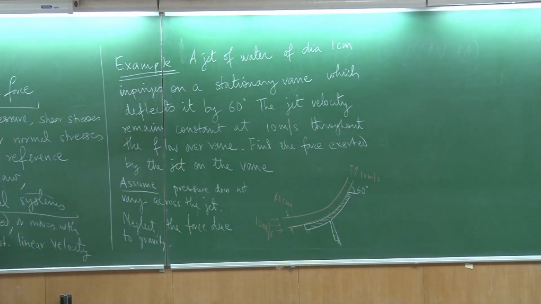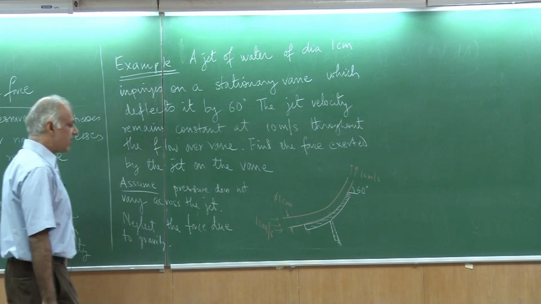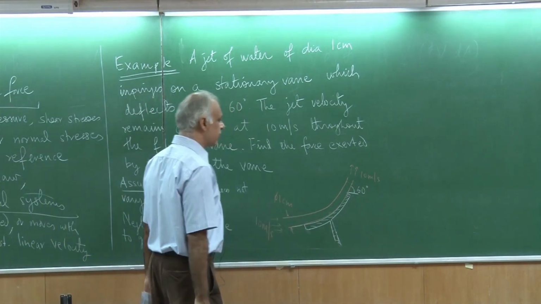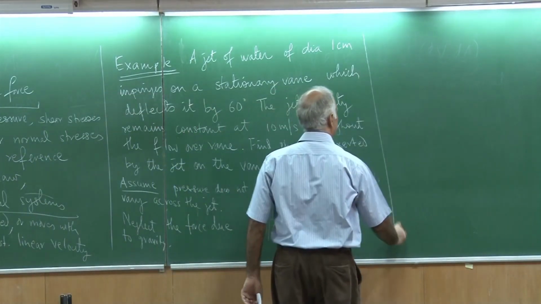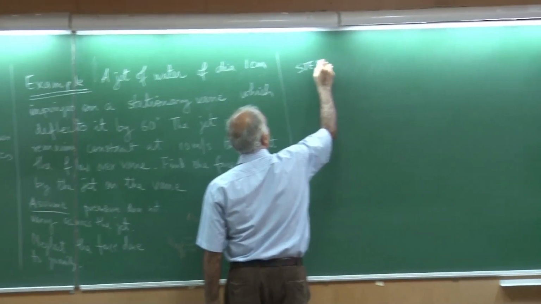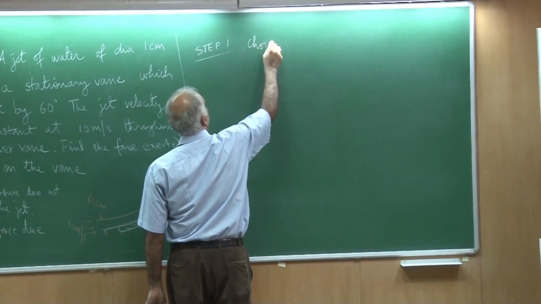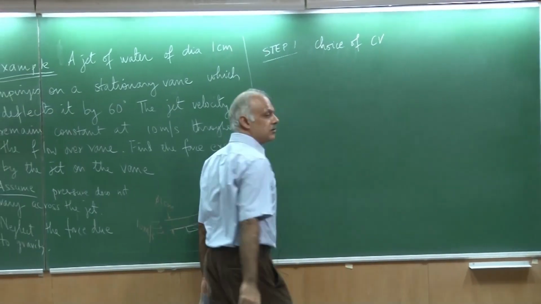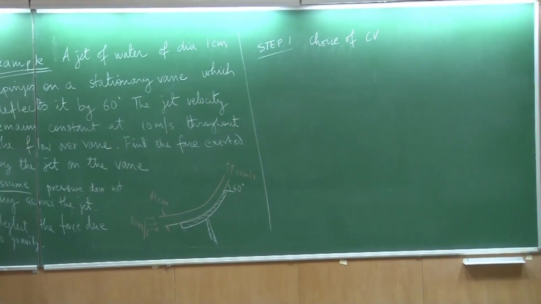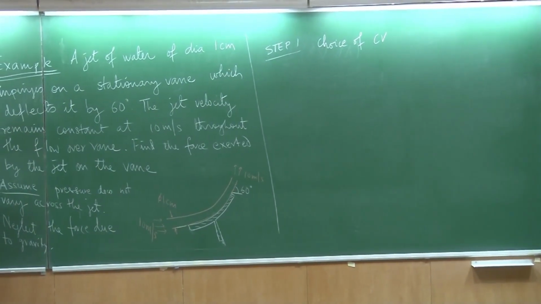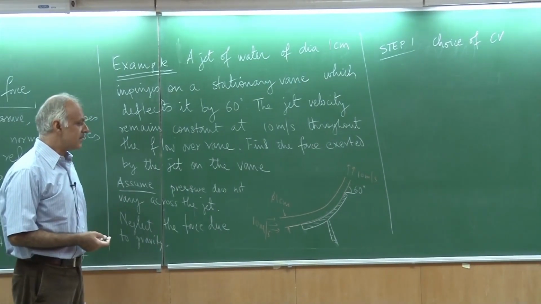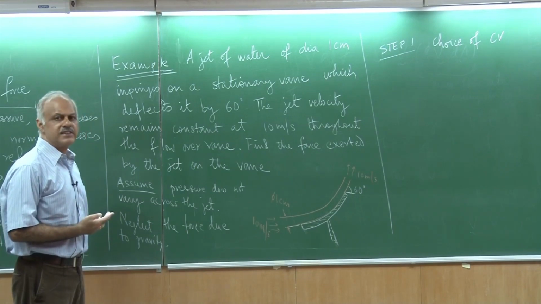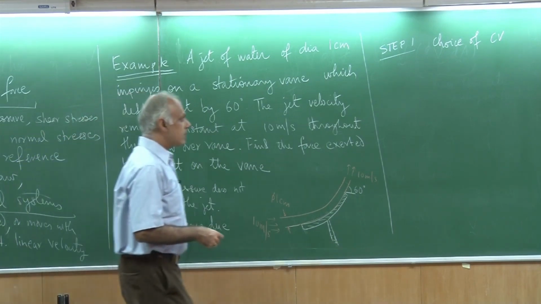All right. So, we need to apply the momentum equation that we just looked at and find out the forces that this flow would lead to. So, obviously, the first step is the choice of control volume. In fact, it turns out you can choose a variety of control volumes. It is not just one control volume that everybody should choose. So, I will give you two such examples. What should you keep in mind?